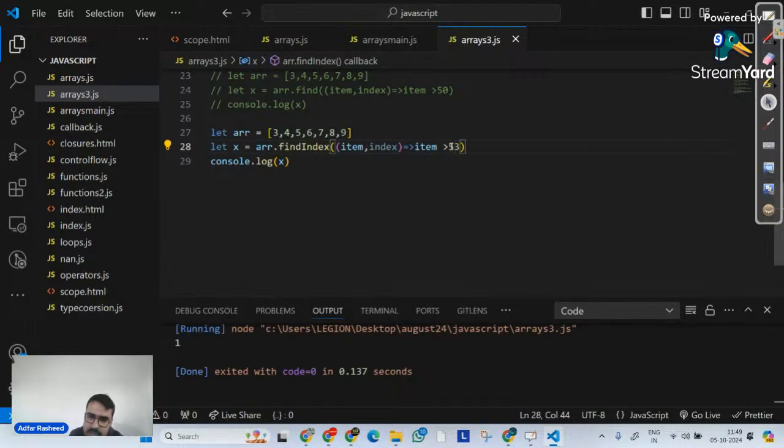Now if I write something like this, is there any element that matches the condition? If there is no element that matches the condition, in that case it returns -1. So -1 is the index for an element that is not present in my array that matches the satisfying condition that we have. So always remember this whenever we talk about such methods. If we talk about find, it will return undefined if there's no element that matches the condition. But if we talk about find index, it is going to return -1 there. I hope this is clear.